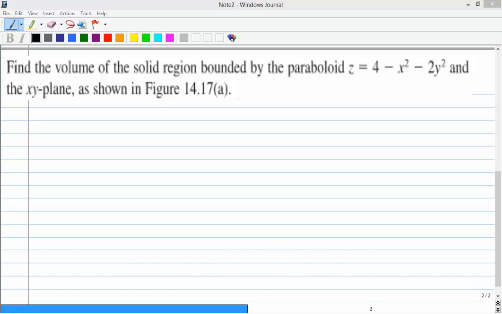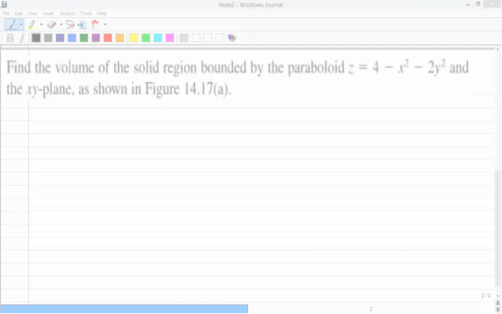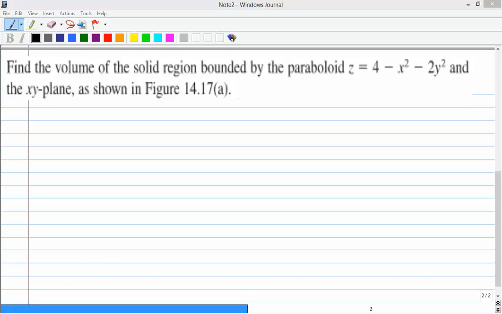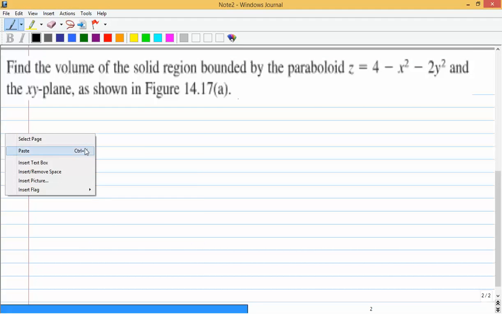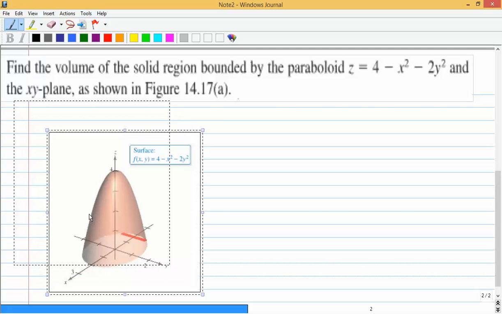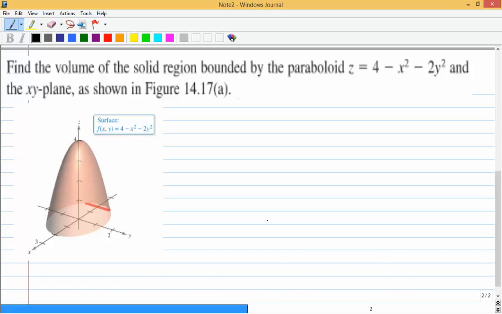And if we had our calculators, we could graph this in the TI calculators. So the xy plane just means that it doesn't continue to go down any further than, I guess, z equals 0, or the xy plane. Okay. So if we let z be f of xy, so z is the same as f of xy, if we let z equal 0,